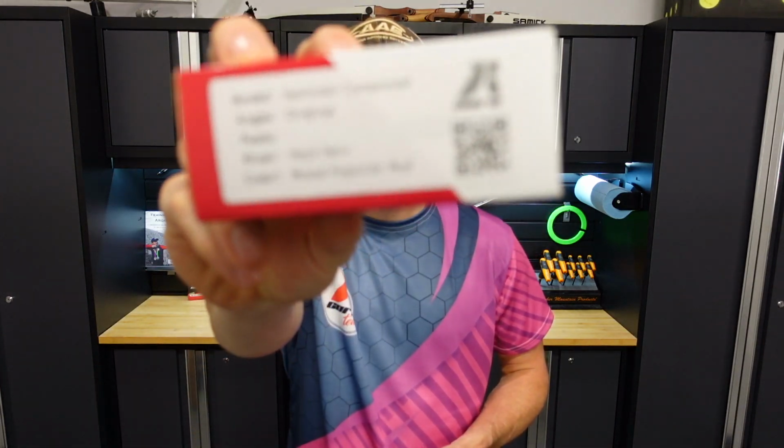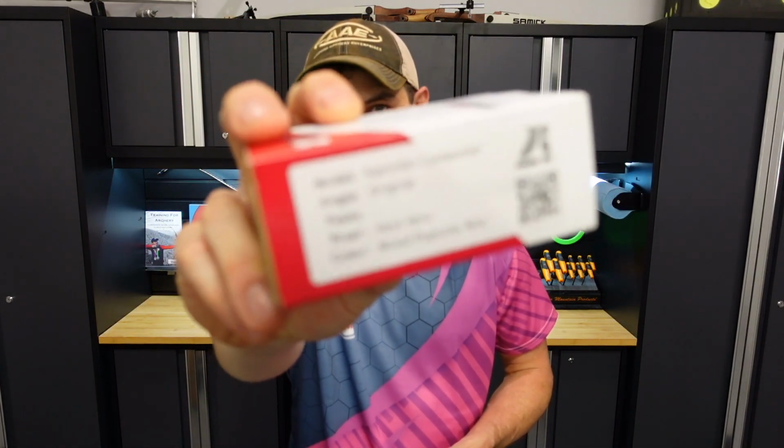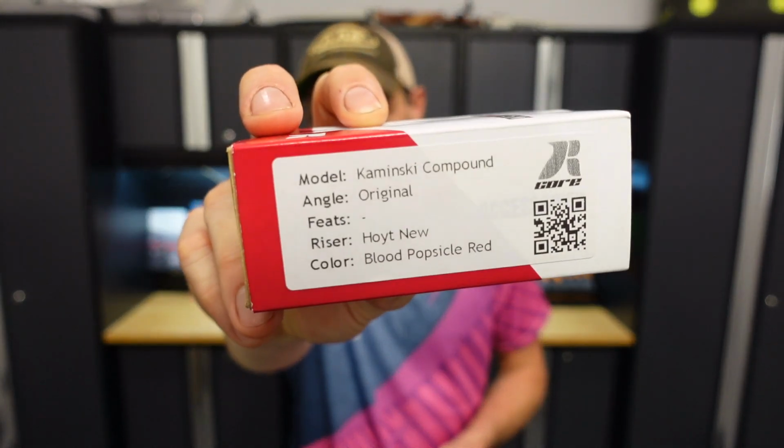Got something new from R-Core today on the channel, and this one here is the compound style grip, as you can see here on the box there, as it focuses slowly. There we go. Now we got it. So, compound grip in a core series here. So I'm going to show you what I've got here behind me. I'm going to set the camera up on the bench and we'll get right into showing you what these new